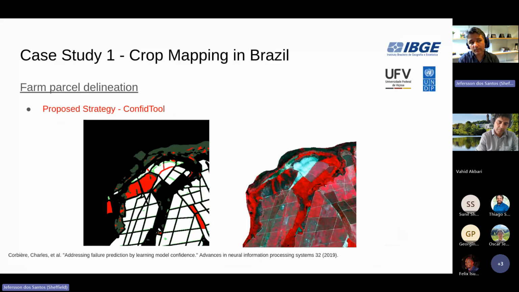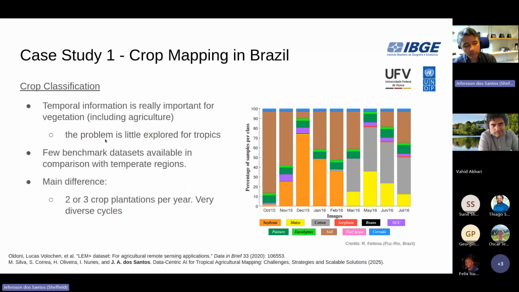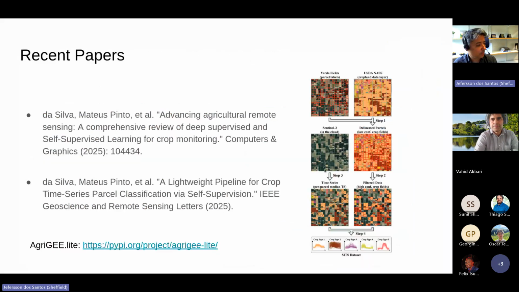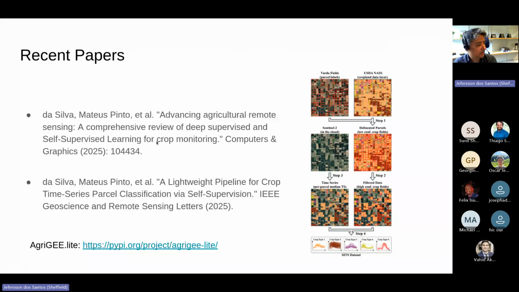in which we have less cloud, for example, or less noise data. So after delineating this, we proceed with the crop classification, and it is also very challenging because of the reasons I mentioned. It's very diverse, and for this part we have published two methods. The first of them is